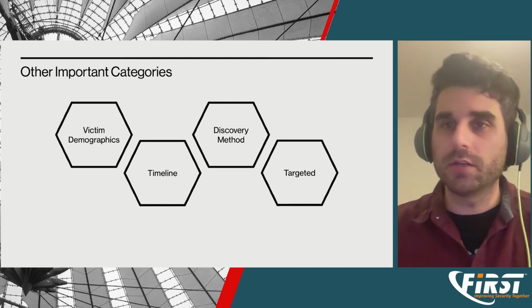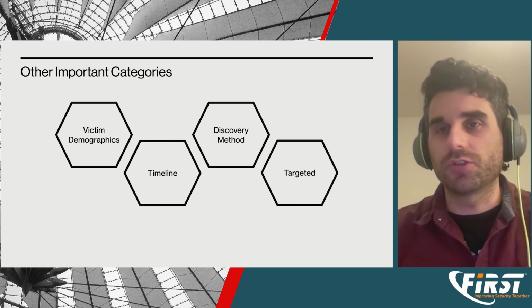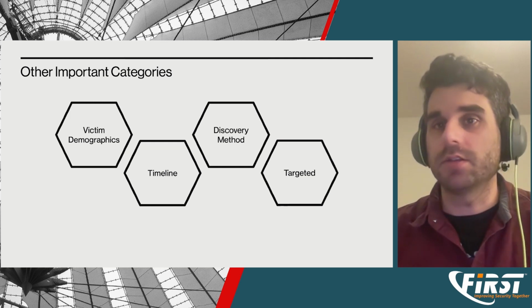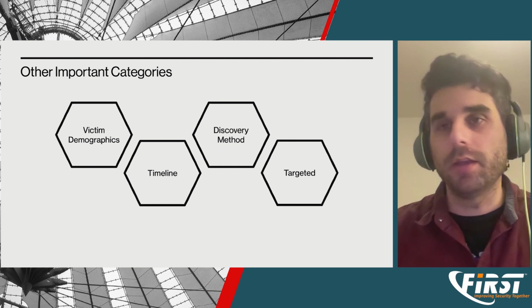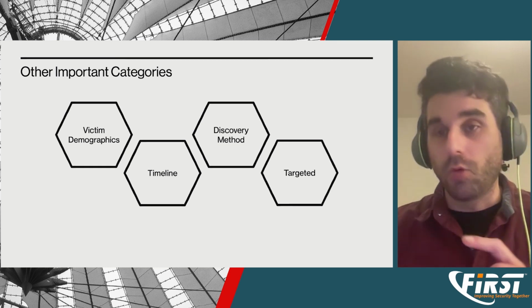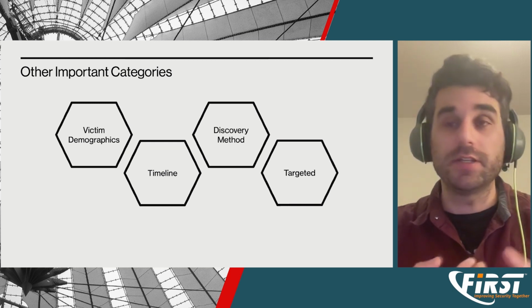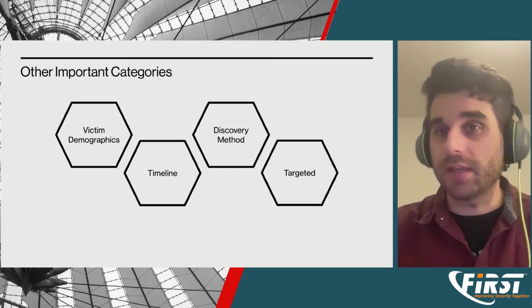There's some additional data that we add. So we have the 4A to create that sentence, but there's also some additional information that we found useful to do the analysis that we do. So victim demographics is one of them. Timeline, right, where we started looking at when did the incident occur, how long till the data was compromised, how long till it was discovered, how long till containment.